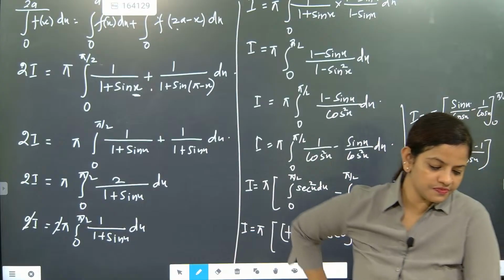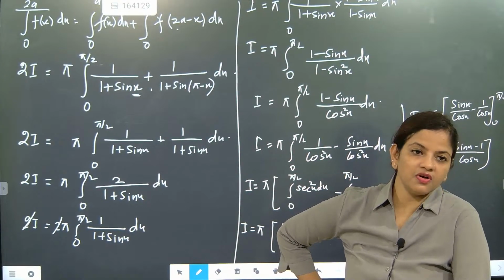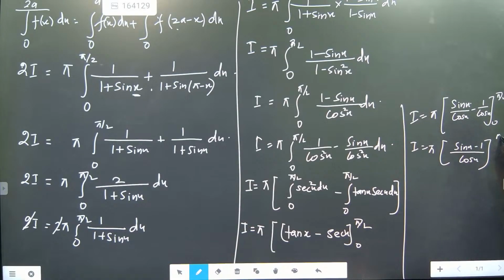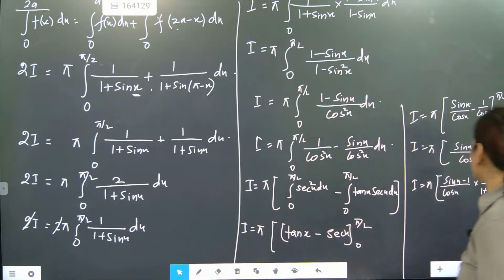Yes beta. We can't write it as not defined. We have to solve it. Now look here, it is coming as pi by 2. The answer is coming, beta, if you rationalize it with 1 plus sin x. Do it now one time, check. Sin x minus 1 by cos x into 1 plus sin x by 1 plus sin x. Here it is coming as pi by 2 and 0. Okay, I'll shift it more so that you can see it clearly.